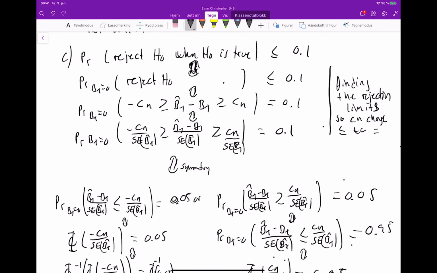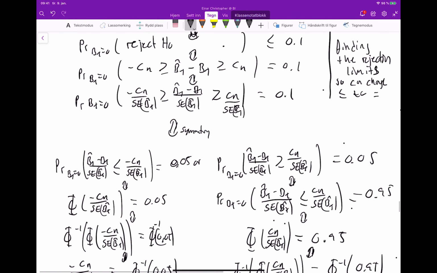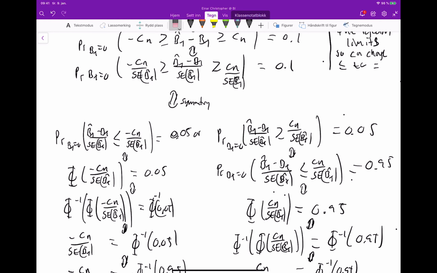And then I do the same as we have done earlier today. I divide on the standard deviation of beta 1 hat, and I then do that on all places in this double inequality, then I do no wrong. And because of the symmetry here, I can split this probability, which should be equal 0.1, in two probabilities where both are 0.05, such that